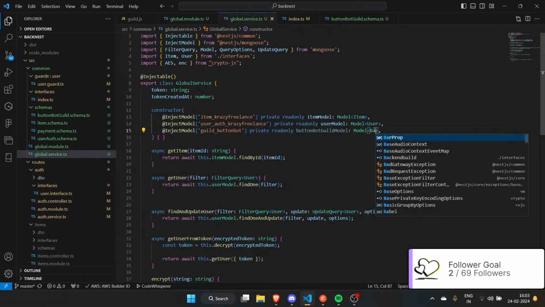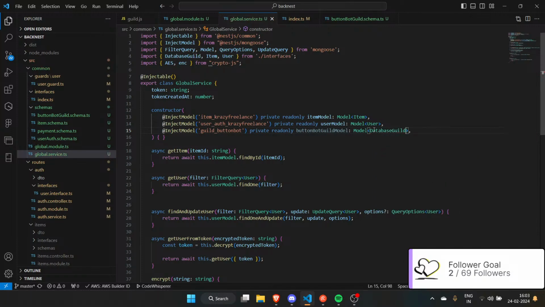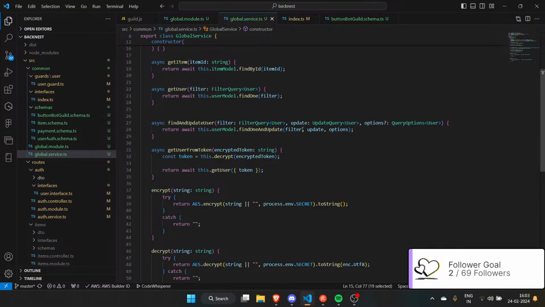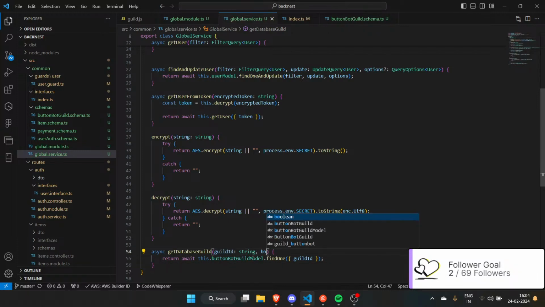Now this is a database kit. So we need asynchronous get database guild, I guess. Awesome. And I like to have the bot string as well.